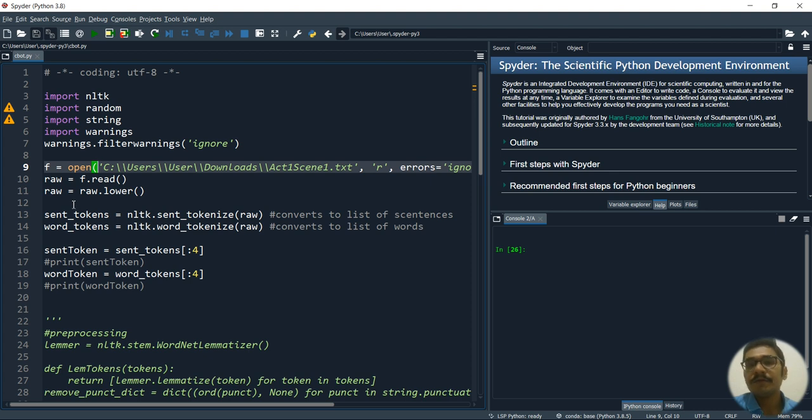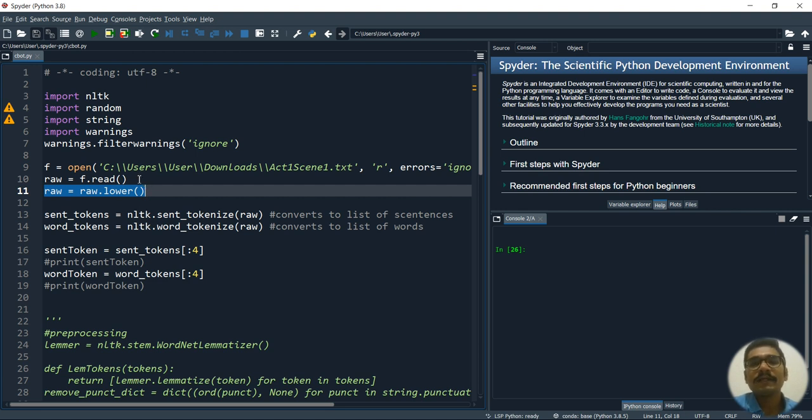And what you want to do is convert all the text fields into lowercase. Make sure you don't put any special characters. If you have any special characters, there are other techniques for treating those things. So once I read everything, I'll convert everything in capitals.